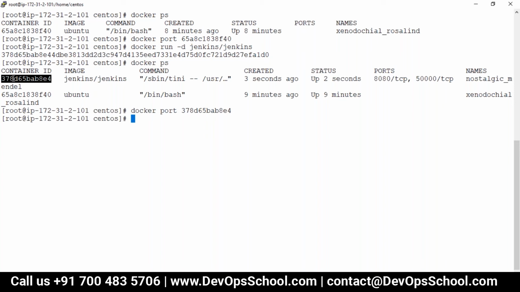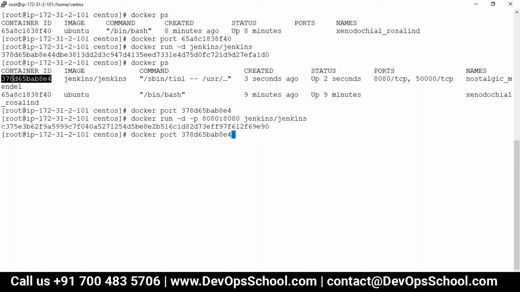Remember, how do you port map? The option which I tried is the -p option to map the port. So this time I'll map the port. Another container I'll create, 8080 colon 8080. The first one is the external one, the node port, and the second one is the container port. Oh sorry, I have to change the container ID.